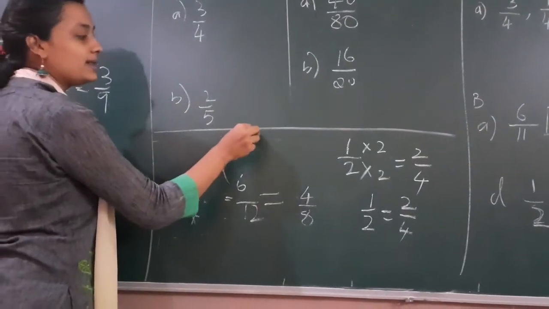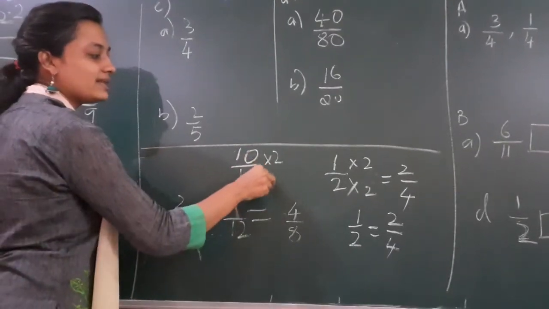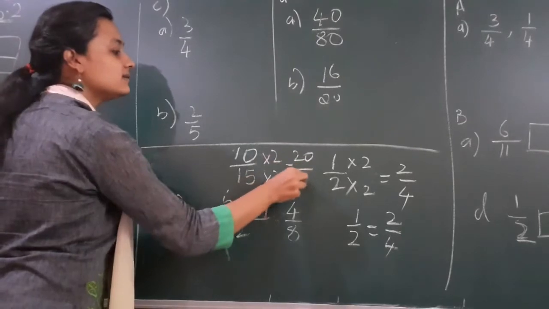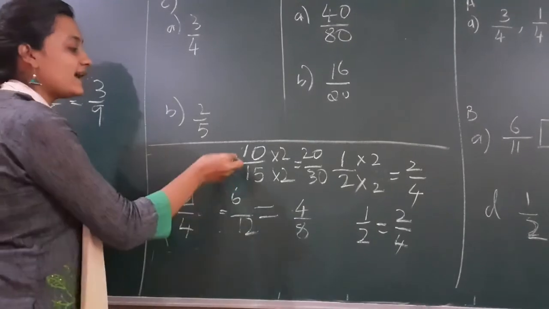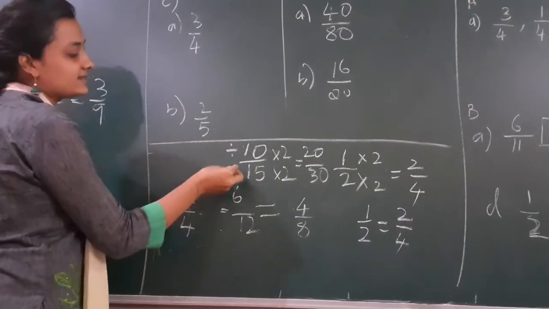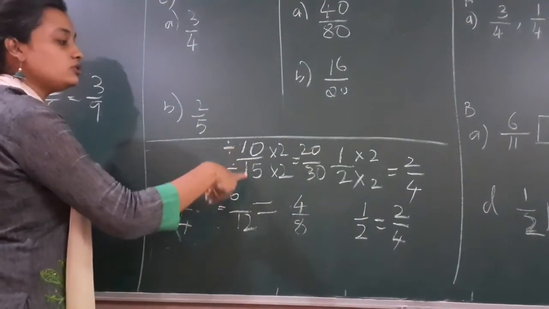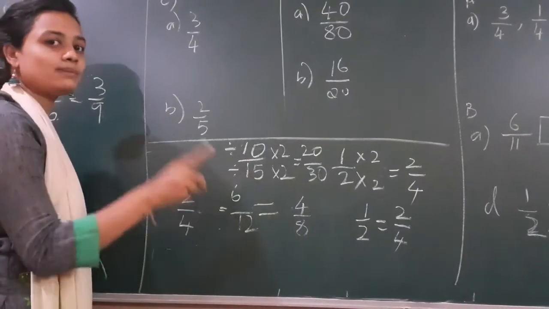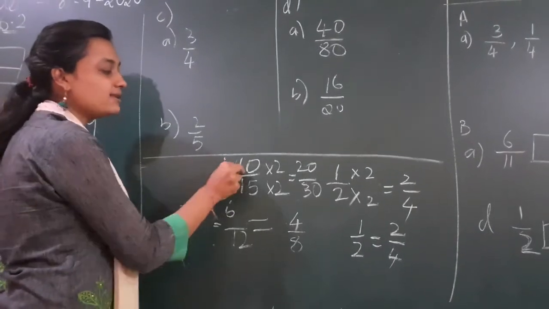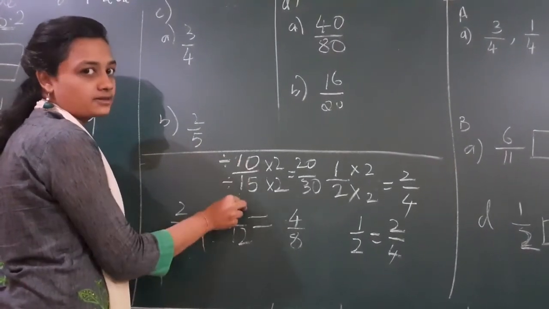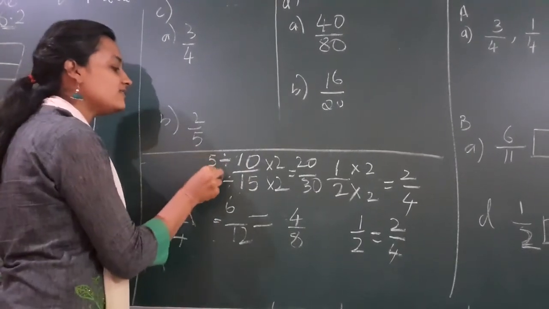Example, I have 10 by 15. I can multiply with 2 and get the answer like 20 by 30. Yes, I can. So this is equal to this. But I can also divide and find the answer. Let me divide and see. How to divide? I can't divide by whichever number I like, because I should see both the numbers should be divided by one same number. So when I want to divide like that, I should check first in which table I get these two numbers. I get 10 also, 15 also in the 5 times table. So I should divide with 5 only.